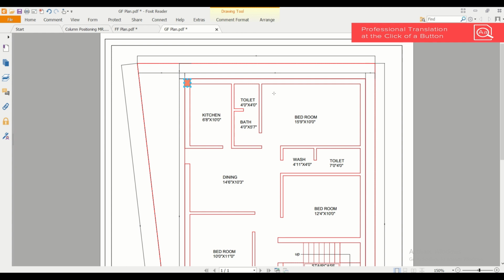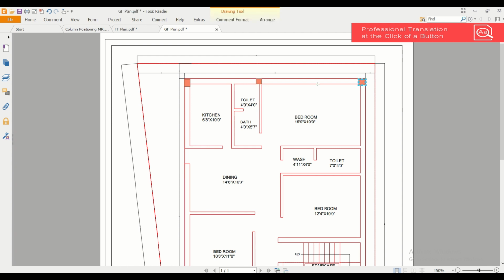These are simply some thumb rules and you can alter these rules. But if you provide columns at distances more than 16 feet or 18 feet, then the sizes of the column will be more. After the design you'll find that the sizes of the column will be more. So we'll consider these things and provide our columns. And if we provided a column here, this span is 16 feet approximately, so we'll provide another column here.